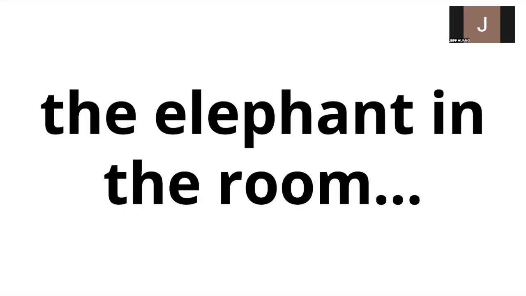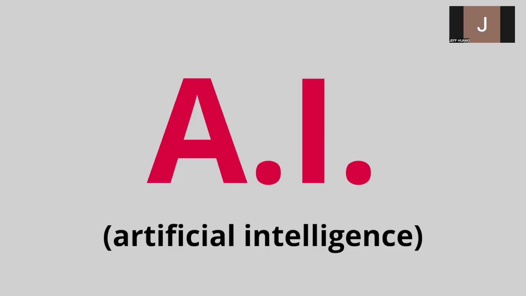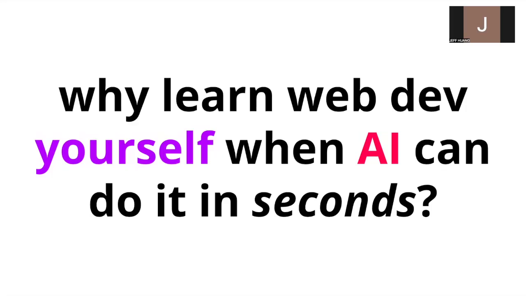Okay, and before we get into HTML and CSS specifically, I want to address the elephant in the room, which is AI, or artificial intelligence. AI is huge in the tech industry right now. And if you already have some background in web development, you probably know HTML, CSS, JavaScript, files like that can be easily developed. So you're probably wondering, why would you learn web dev yourself when you can just have AI do it for you in seconds? Well, that's why we have Hackschool. As of right now, while AI is super cool and super capable and has so many different features that you can use, it's still just a tool.